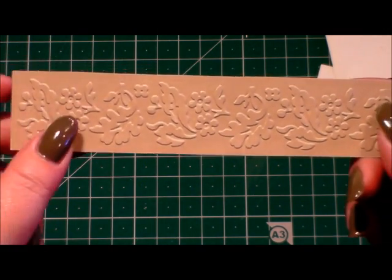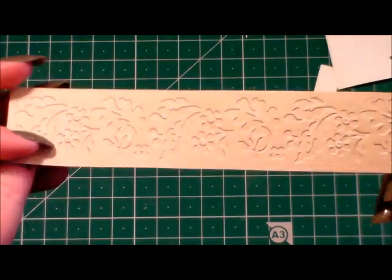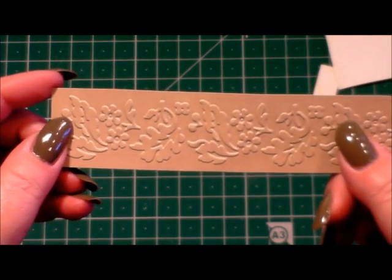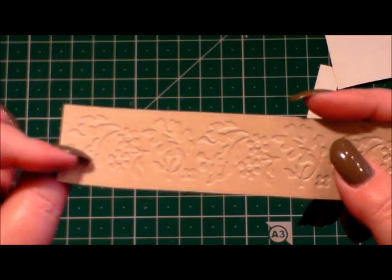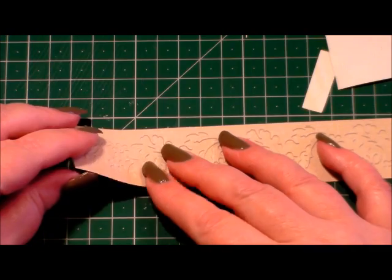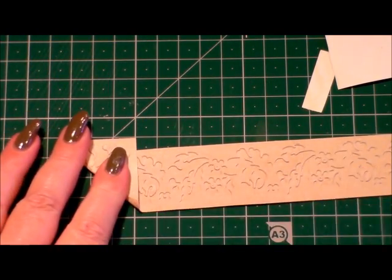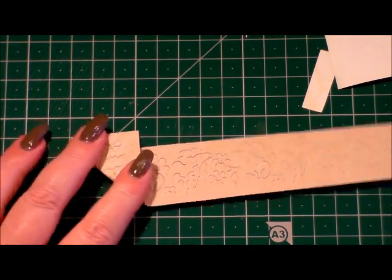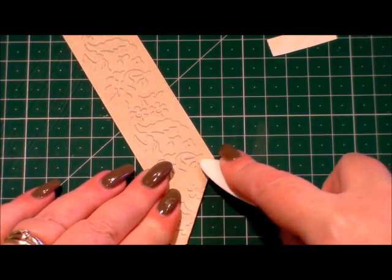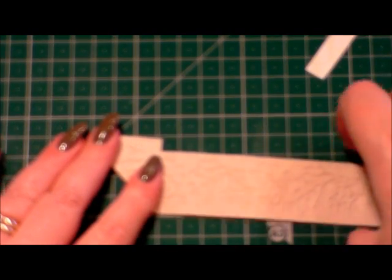Even cardstock can tear, so I normally always take it through with just embossed paper to protect it. What I do is I decide on the way that I want the corner, which way up I want it, whether I want the emboss or the deboss. Because I want the emboss, it's going to be the deboss pointing towards me, and I'm going to make a fold like that, and then I'm going to take my bone folder, and I'm just lightly going to go along the edge, just with it being cardstock, it's a bit thicker,